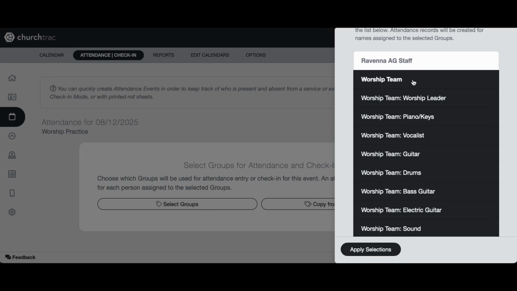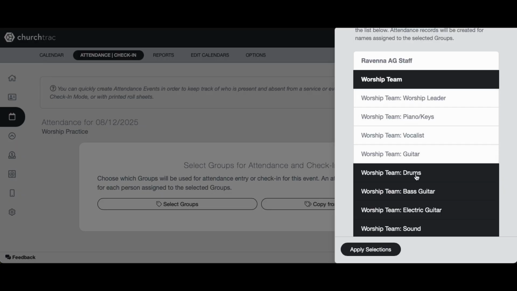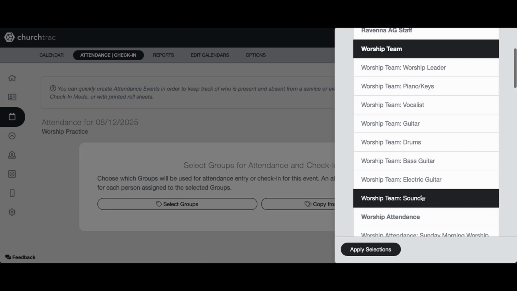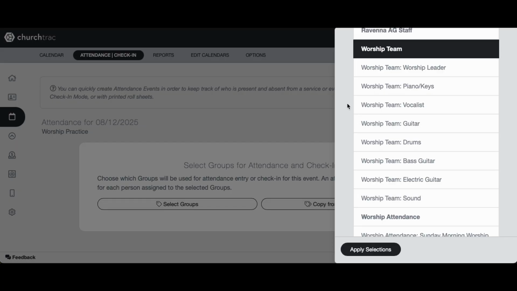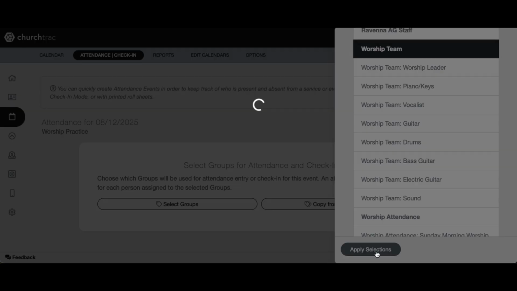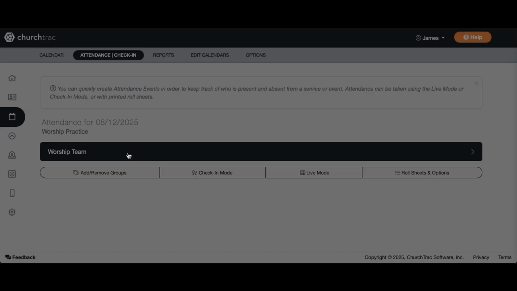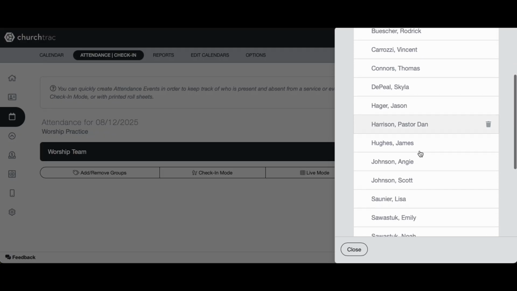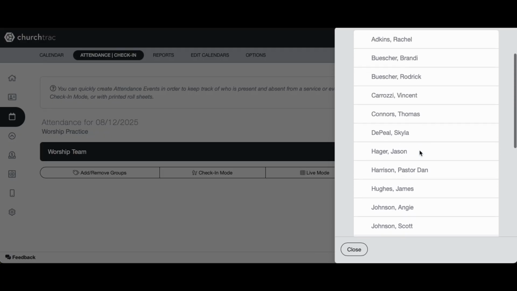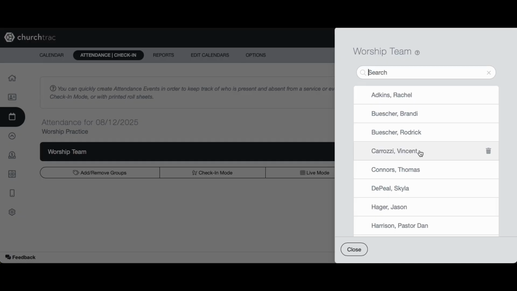Now, you see everything gets selected, but I'm going to deselect this because what I've actually done is I've added everybody to the worship team, including the sound crew. They have all been added to worship team. So if we ever want to send an email, some sort of alert or information to just the worship team, boom, done. This is also used for attendance purposes. So I'm going to have that clicked and say apply selection. If I actually click on it, you will see right away, boom, everybody on the worship team is there. This can also be used for taking attendance